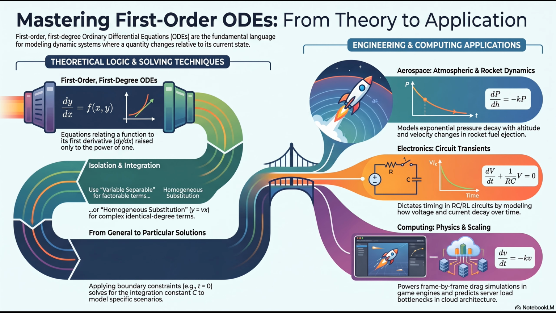Oh, I get it. Yeah, and when you plug those known values into your general solution, you can finally solve for that mysterious constant C. And suddenly, that infinite family of curves collapses into a single particular solution. Exactly. One that perfectly models your exact physical reality. So we've essentially built a mathematical cage that traps this infinite concept into a single reality. That's a great way to put it.